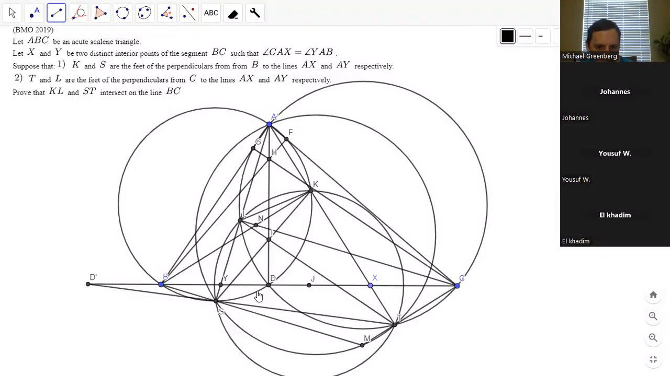So we want to show that LY over XK times YS over XT is AB squared over AC squared, and then we can use similar triangles again, like BX